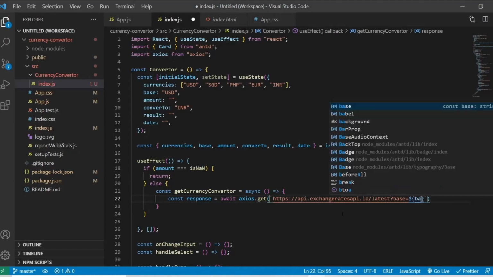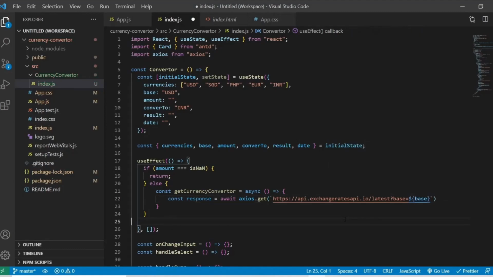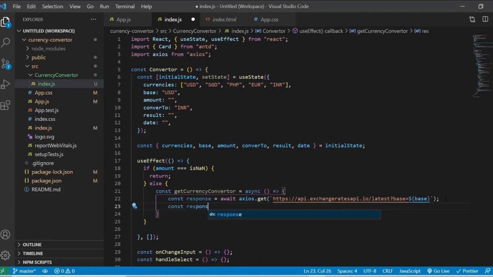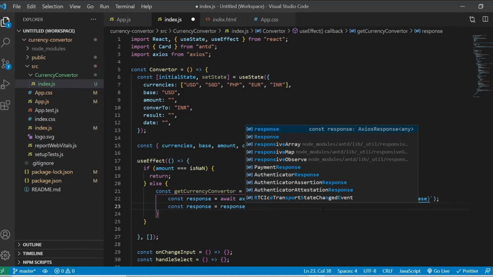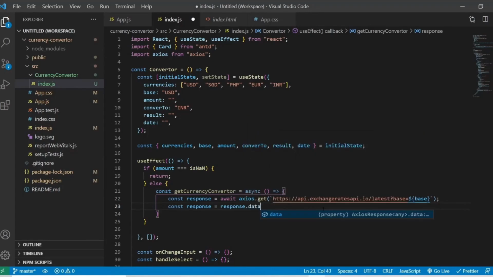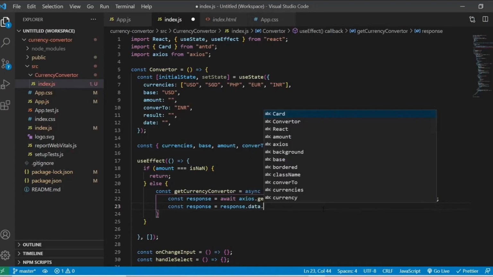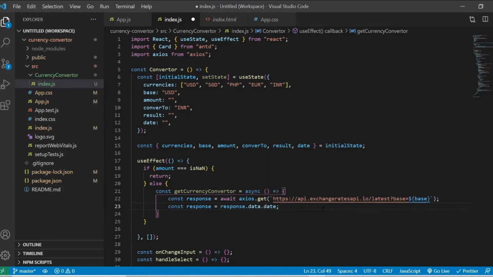So I'm providing the base value here in that API. So const response, so we'll be reading that response. Response dot data, so it will be in this format only, response dot data dot date.